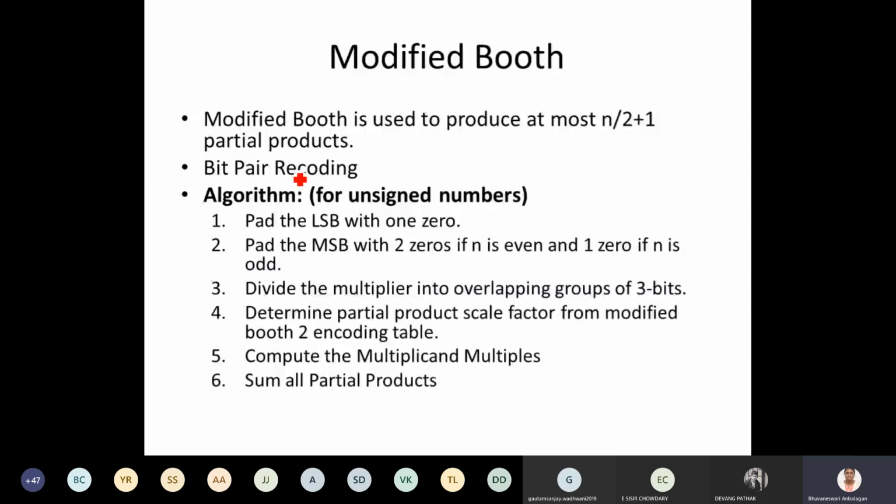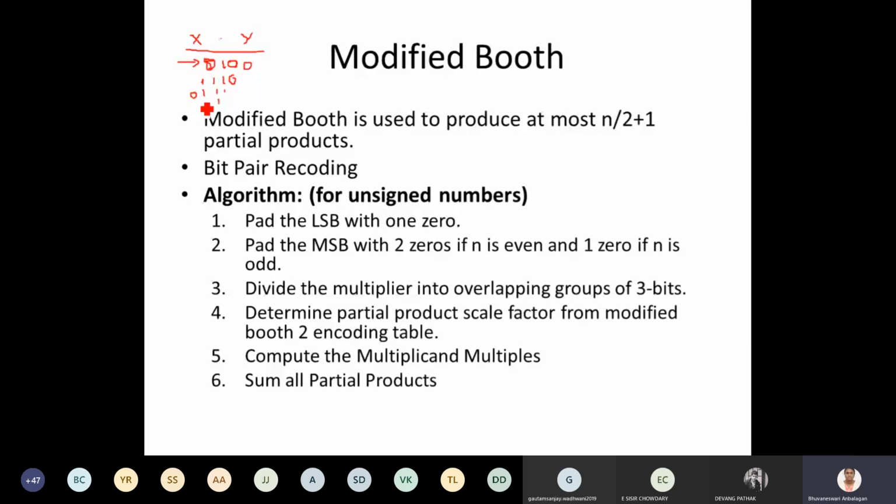So what happens in modified Booth algorithm? In modified Booth algorithm, if I am going to multiply some number x with another multiplier y, how many steps will be involved? For example, this is going to be the first partial input I have. Again, I am going to do another multiplication which has one step. I am simply saying some numbers, 1, 1, 0, 1. Like this I am going to involve.